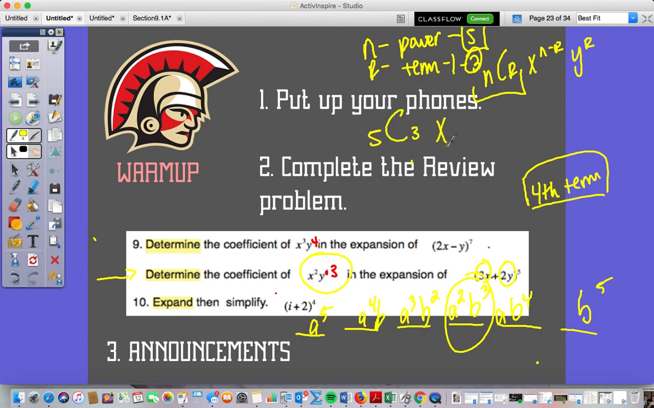This would be x to the power of n minus r, which is x to the 2nd, right? And then y to the r, which is y to the 3rd. It's all one formula? All one formula. Okay. So 5C3 is, if I went down here,